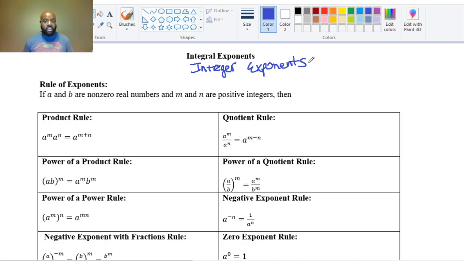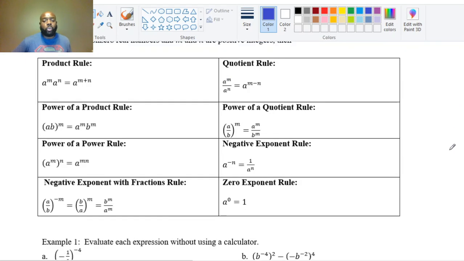In each of these cases, we're going to assume that a and b are non-zero real numbers, and m and n are going to be our positive integer exponents. There are several rules here. Some of them are more definitional, and some come from just patterns that we notice in mathematical expressions. So we have our product rule that says, if I have a to the m times a to the n,